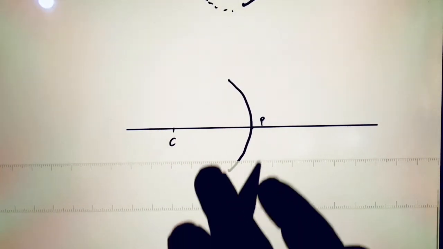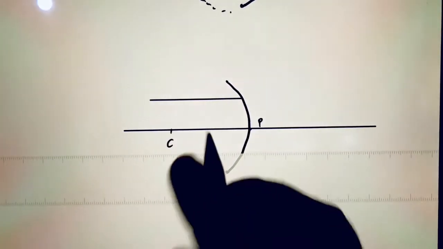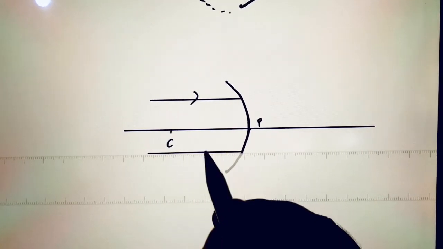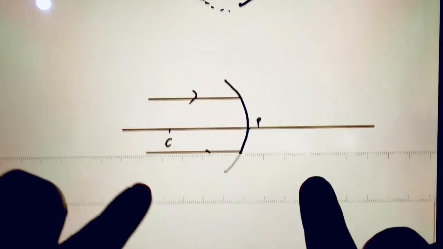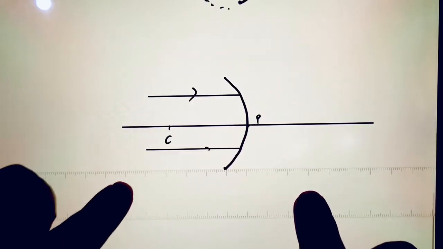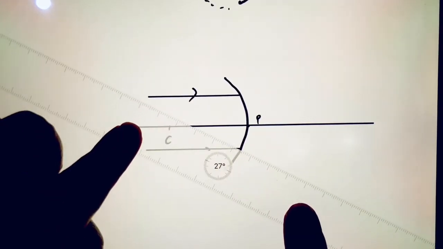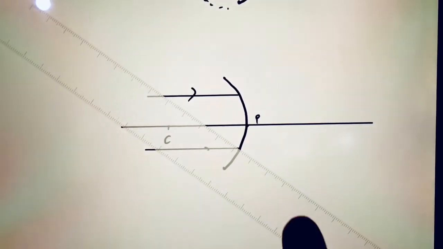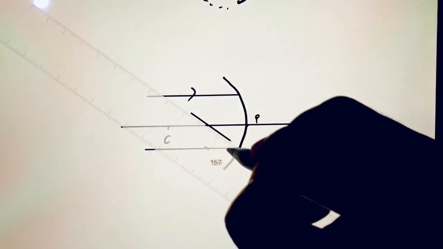Now rays of light that are parallel to the principal axis, like this, will after reflection pass through a single point on the principal axis. So this is that point, let's say.